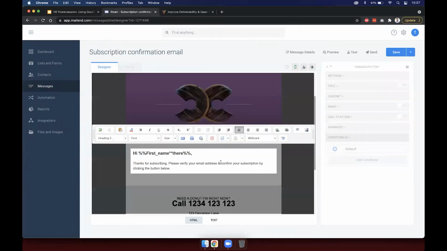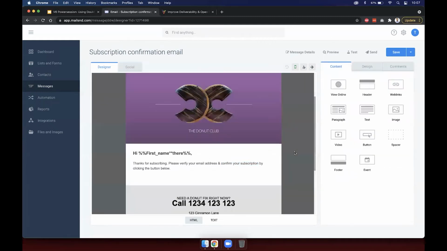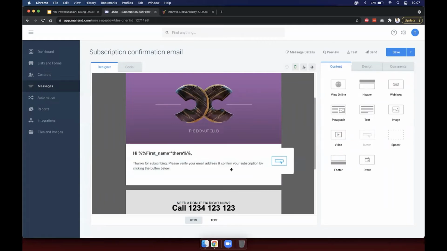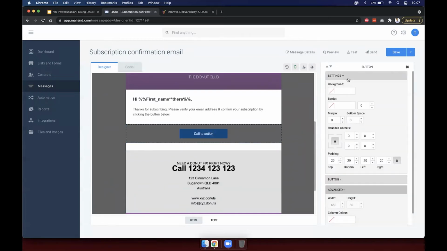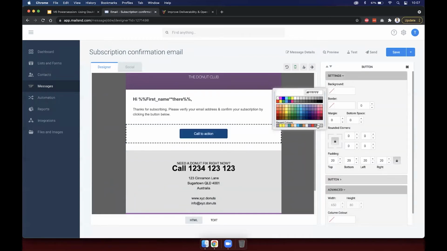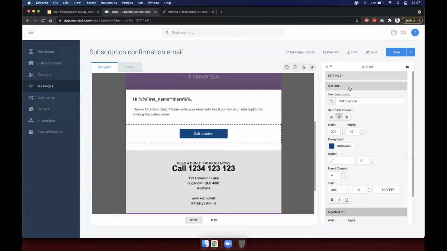Now, I could highlight this text here if that's the thing we want them to click on, and then press the link icon. But I'm going to put a nice big obvious button in here. I could do the link as well, by the way. I could link this text and the button if I want to, but let's just drag in a button, pop it in there, and I'm going to do a few things. Firstly, I'm going to change the background color to match my email over here on the right-hand side. Then in the button, I'm now going to select a link as to where this will go when